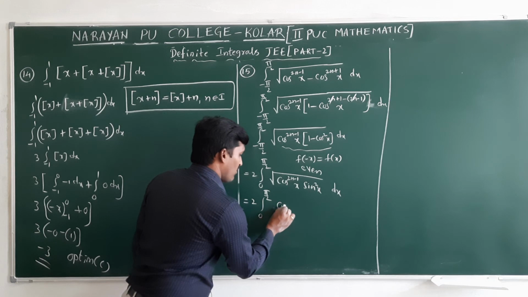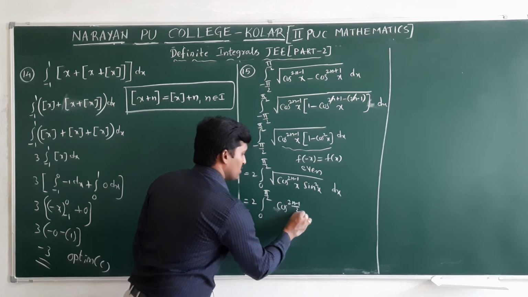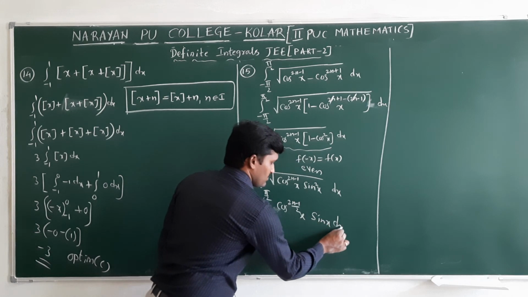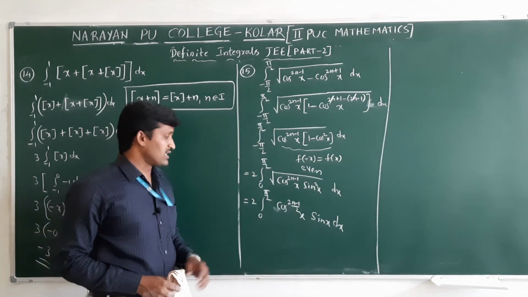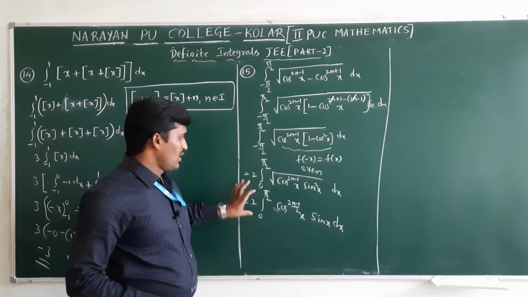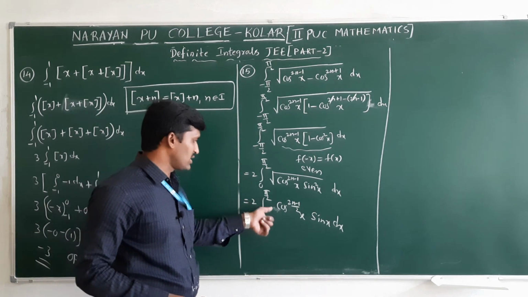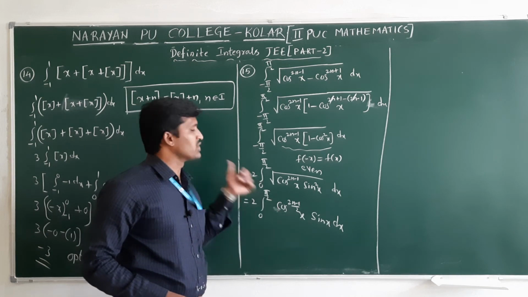Root means power 1 by 2, that is (2n minus 1) by 2 of x. The root of sin square means that is sin x dx. Now we can consider, and the nature also changes. If you take cos, when you substitute the limits in that, getting same values means we need to change the limits actually. Cos 0 we will get 1, and cos pi by 2 we will get 0.